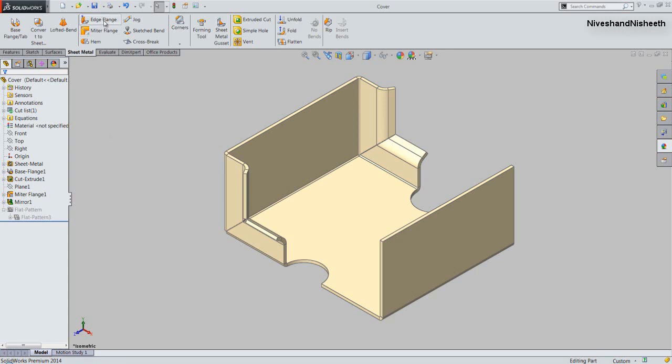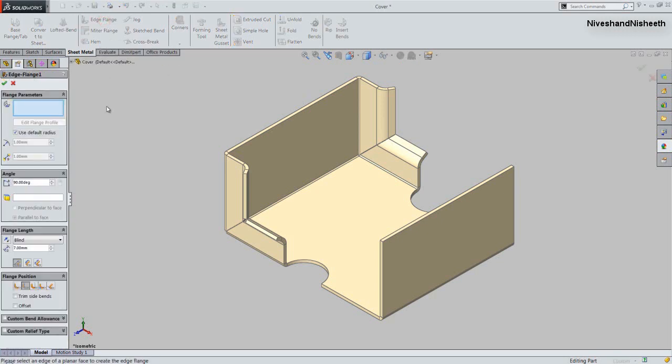Now we will activate the edge flange command and select this edge. Set the flange length value 30 mm.